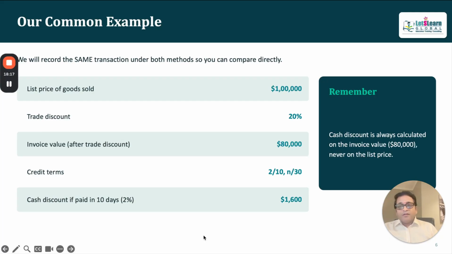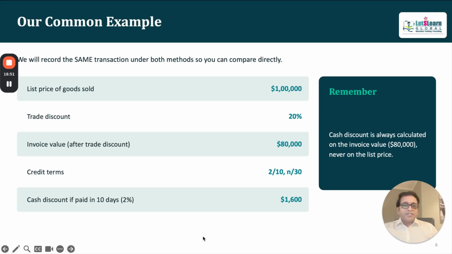Also we are offering credit terms to our customer: if the customer turns up within 10 days, we'll offer him a 2% discount, else he can pay the full amount on the 30th day. So if he pays within 10 days from the date of invoice, we are offering a discount of $1,600, which is 2% of 80,000. So effectively we'll receive